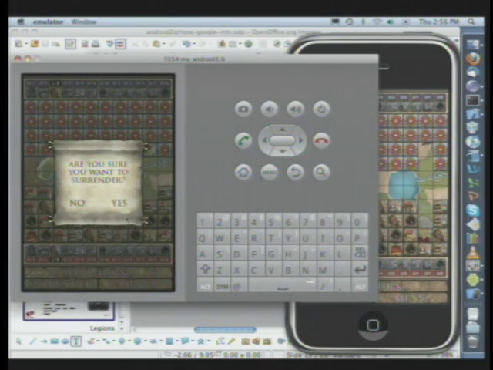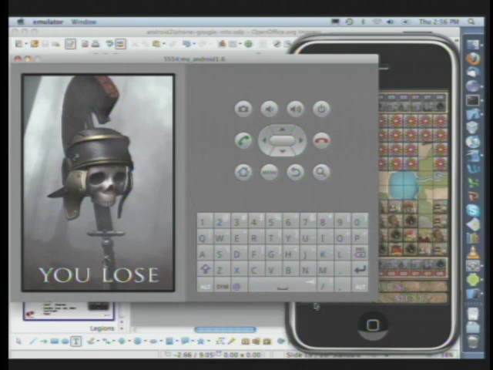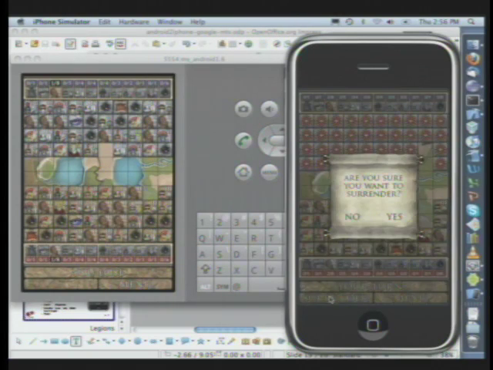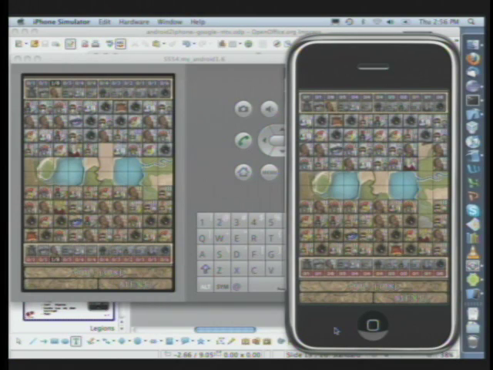You want to surrender, as a custom dialog? Yes. And then we lose. It will actually open up all the fields, so you can uncover it and see what you were playing against. Let me do the same thing here on the iPhone. Surrender, yes. And then you see the same thing here. So basically, apart from this one little thing with the exit button, everything else is 100% pure Android, 100% pure Java, all cross-compiled to Objective-C, all mapped from the Android API over to the iPhone.